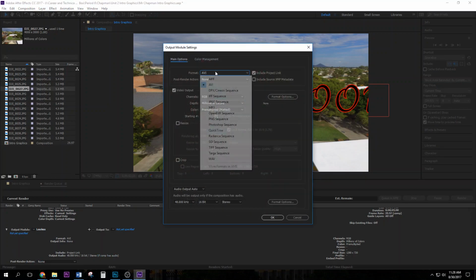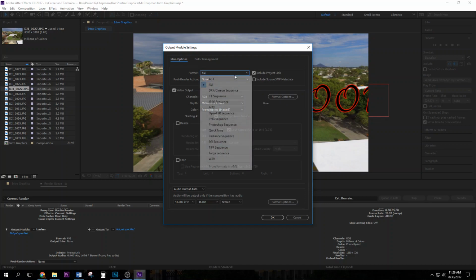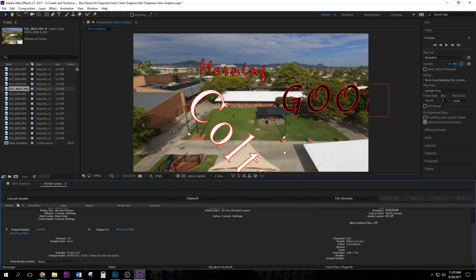We want to go to format, and then let's see. Nope, we'll stop right there. Actually, we'll go to File,